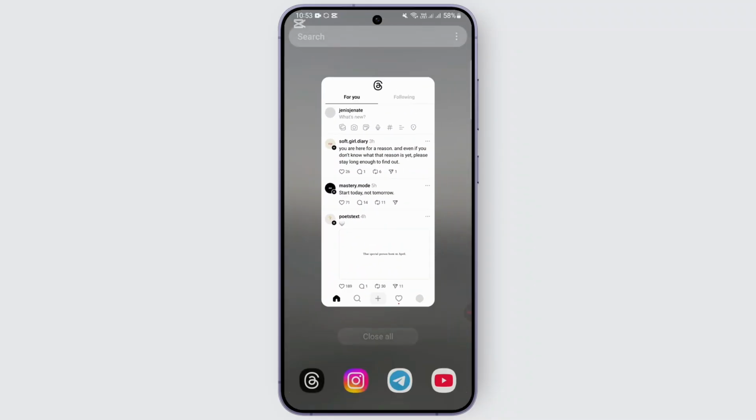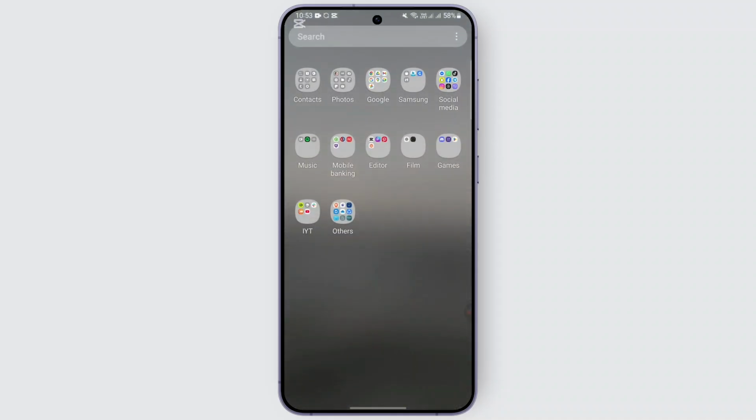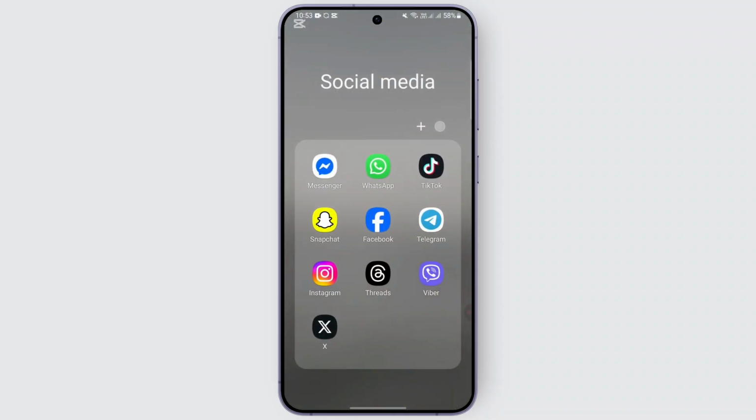So for that, the first thing you can do is go ahead and try clearing the cache of the app. For that, you may long press on the app, and then on the screen you should find an "i" icon. Tap on the info option,